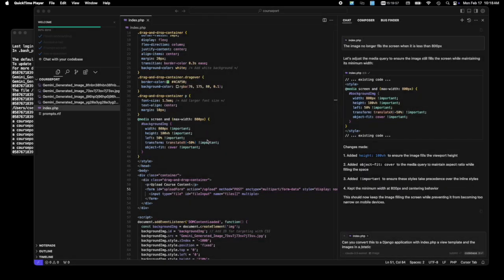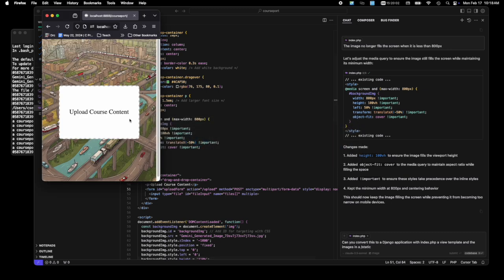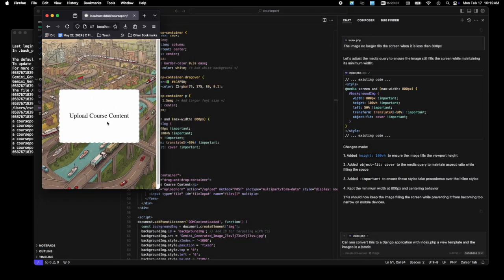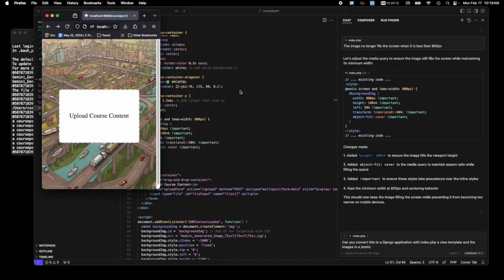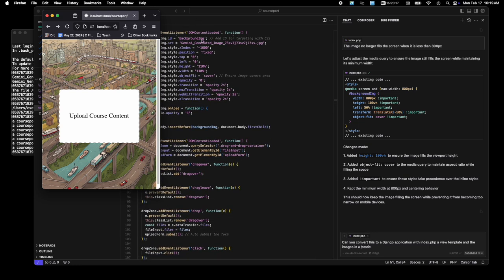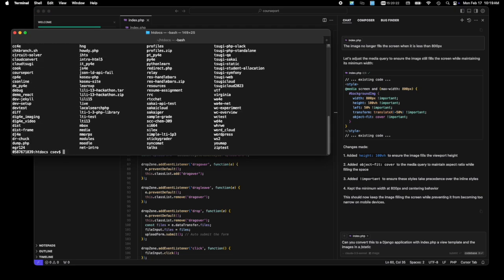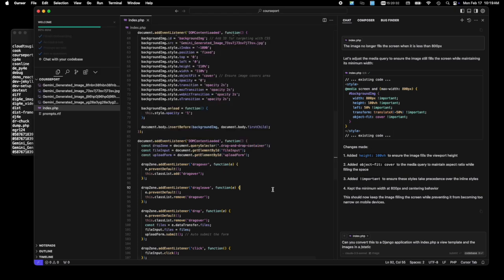done. Hello, we've been using AI to build a little piece of a website that I call CoursePort, where you can upload course content and it doesn't do anything; it just blows up. But I've been using AI really quickly to build all this stuff. I haven't written much of this code at all, and so I've been serving this up just in my MAMP. I wrote PHP code, but it doesn't really mean anything. And so I'm